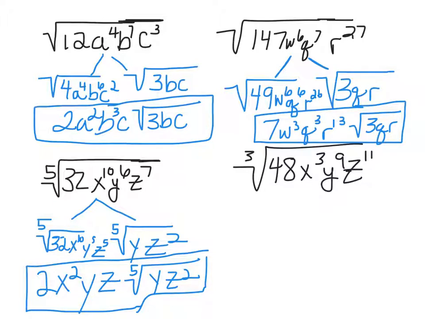Now let's look at this last one. Here I'm dealing with the cube root of 48. That's not a perfect cube, so I'm going to have two expressions. One's going to be a perfect cube part, and the other will be whatever's left over. So 48, how can I break 48 up? Well, what immediately comes to my mind is 6 times 8. 6 times 8 is 48. 8 happens to be a perfect cube, so I'm going to put 8 there, and I'm going to put 6 in the leftover